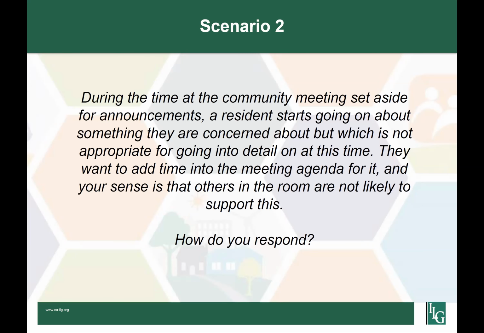Offering to have the conversation offline or make sure that their concerns are heard outside of the meeting is definitely one approach. Something else to think about here is you could also put this back to the group and ask them. So see if there's a consensus around spending additional time on that meeting agenda item, and talk about the trade-offs that would be involved there. Would you then want to extend the meeting, or would you need to hold another item over to another meeting, or schedule another meeting to talk through that agenda item? So this way you're getting buy-in from the group too.